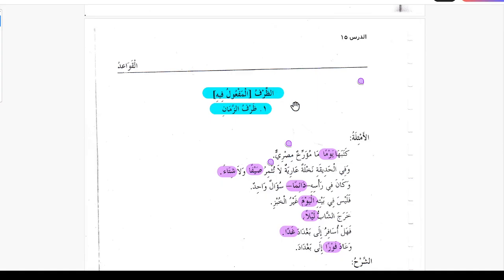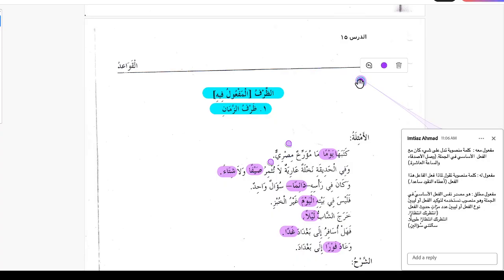So we studied different types of maf'ul in the last lesson. For example, we did maf'ul mahu, maf'ul lahu and maf'ul mutlaq. Just the summary of what we studied in the last lesson. Maf'ul mahu is kalimatun mansubatun tadullu ala shay'in kana ma'al fi'l al-asasi fil jumlati. So maf'ul mahu is a word which is mansub, which indicates something that was with the main verb in the sentence. For example,